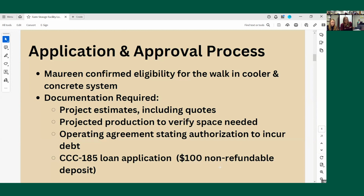And basically we submitted all of that, and we had to turn in a projected production to verify that we actually needed that increased space. And then we are an LLC, so we did need to verify that our operating agreement would be okay with us incurring debt. And then the loan application itself needed to be submitted. And this is where I put in that $100 non-refundable deposit that she was talking about that actually goes towards that environmental site